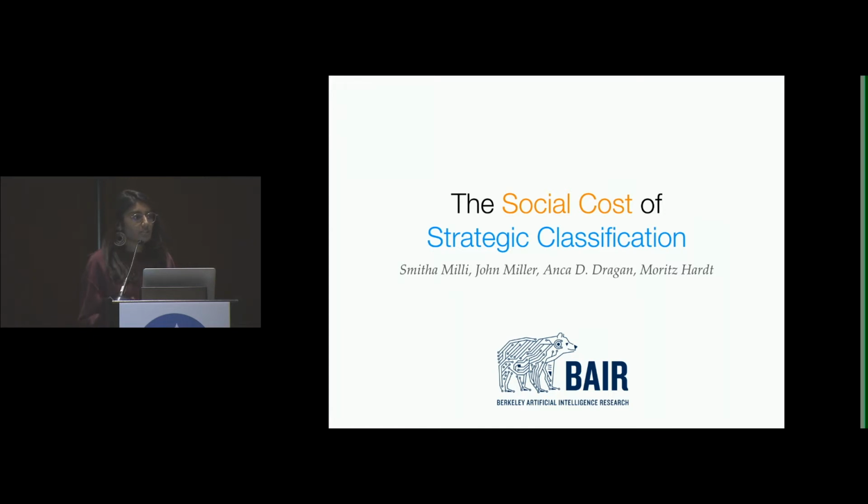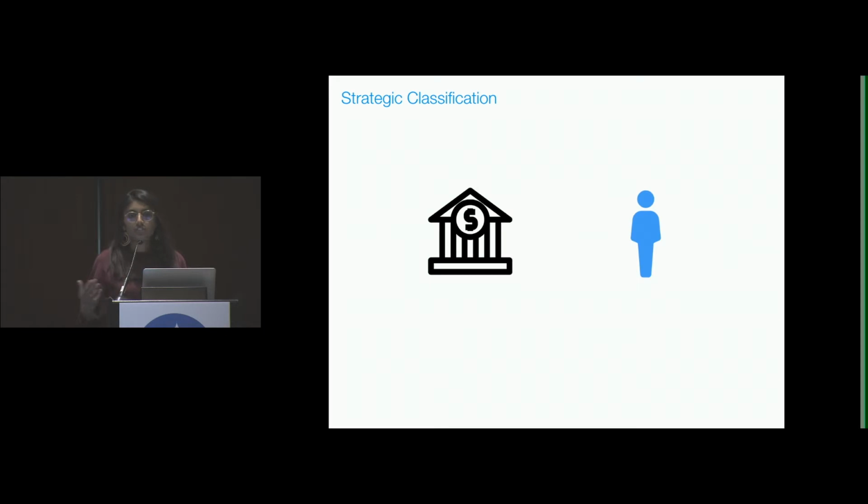So before we get into our critique of strategic classification, let's just make sure we're on the same page about what strategic classification is. Suppose you deploy a machine learning classifier for something people care about. Then people immediately have an incentive to change themselves in some way in order to get the outcome that they want. For example, let's suppose that some institution decides to use a machine learning classifier to decide whether or not you get a loan. Now, suppose we have some individual, say Bob, who, if he just applied as is, would